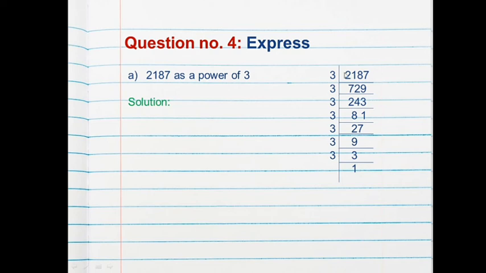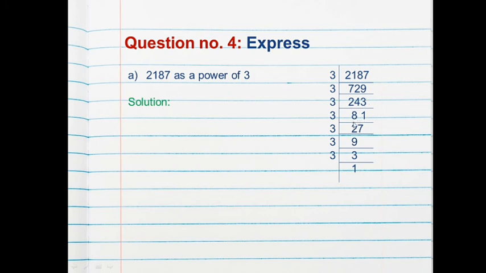I think you have understood this method. If not, then I will explain again. That is, 3 is divisible with this number. So yes, 3 into 7 is 21, then 3 into 2 is 6, and here it is given 8, so we are left with 2, means we got here 729. Then 3 into 9 is 27, then again it is divisible with 3, so 3 into 2 is 6, 1 is left, that is 12. Then 3 into 4 is 12, and 3 into 3 is 9. Then again that number is divisible by 3, so 3 into 8 is 24, and 3 into 1 is 3, so here we got 81.